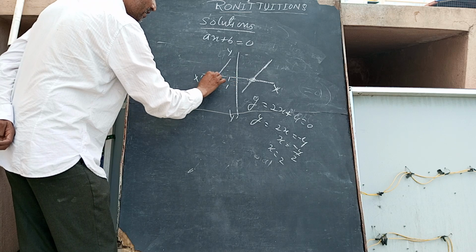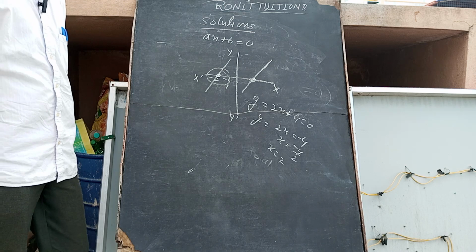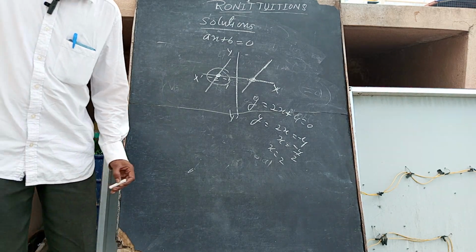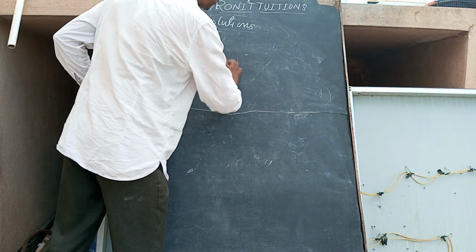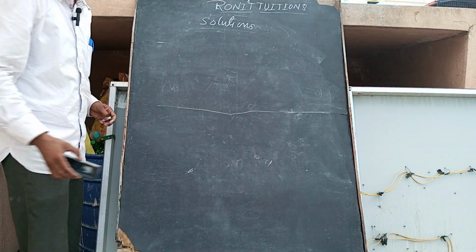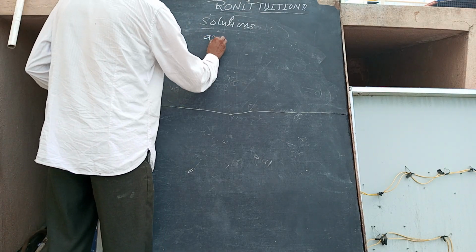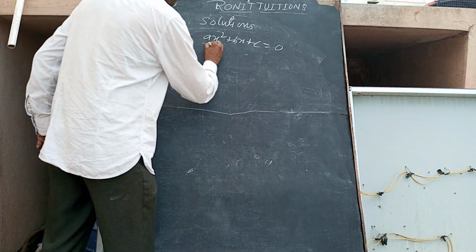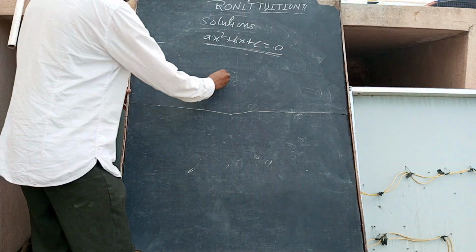Suppose that here 1, here minus 2, minus 1, minus 2. This is the solution for this one in the graphical presentation. If you are going to find the graphical answer of polynomials, especially the quadratic polynomial for the 10th standard, then graphically, ax square plus bx plus c equal to 0 is the quadratic equation, the quadratic polynomial. In that, the graph will come.